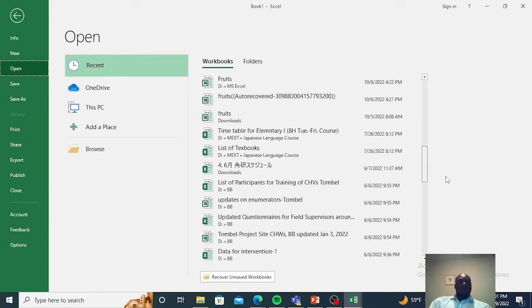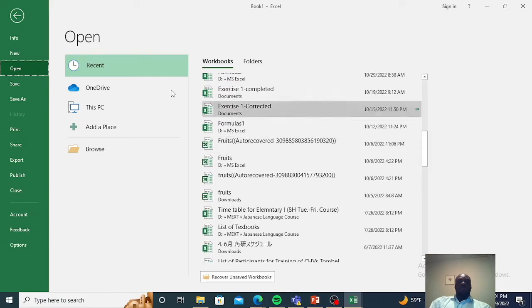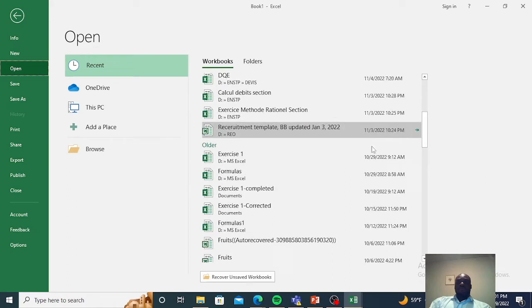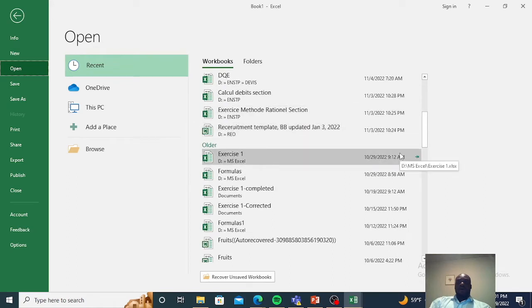Most of what you find here are, however, files that you have at least saved at one point during the working. So you can use this to recover. Go to recent file to recover your